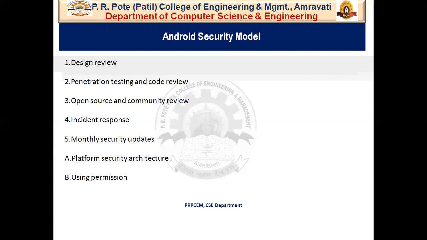So AOSP enables broad security review by any interested party, and open source technologies have undergone significant internal security reviews, such as the Linux kernel used by Android.